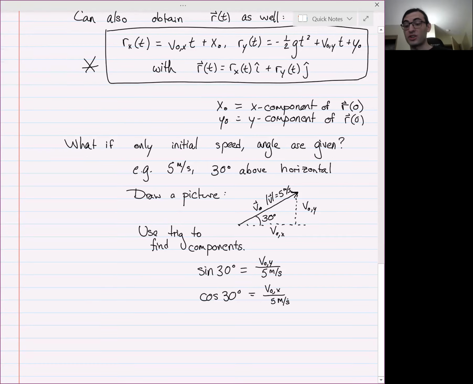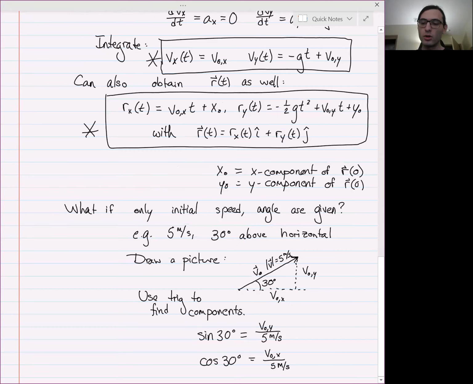And then you could go and actually solve explicitly. Cosine of 30 degrees is square root 3 over 2. Sine of 30 degrees is a half. And so v naught y would be 2.5 meters per second. V naught x would be square root 3 over 2 times 5, whatever that number works out to be. And then from there, you know what v naught y is, you know what v naught x is, and